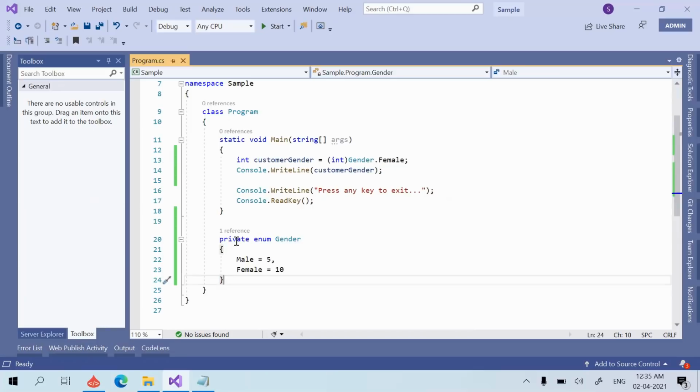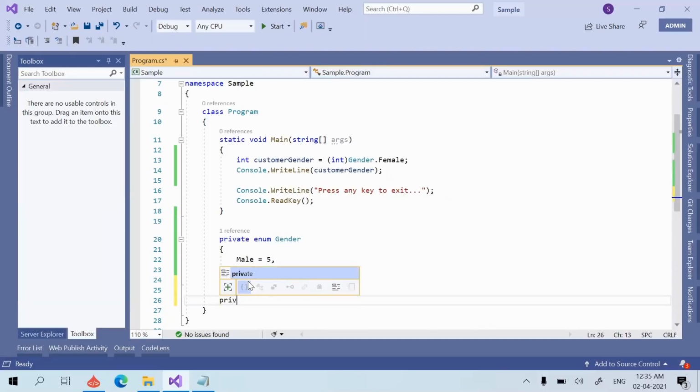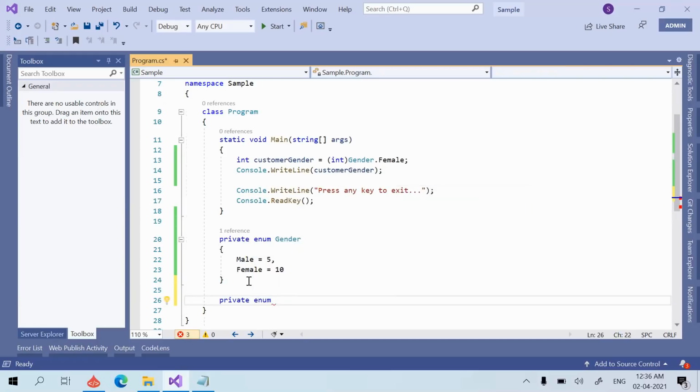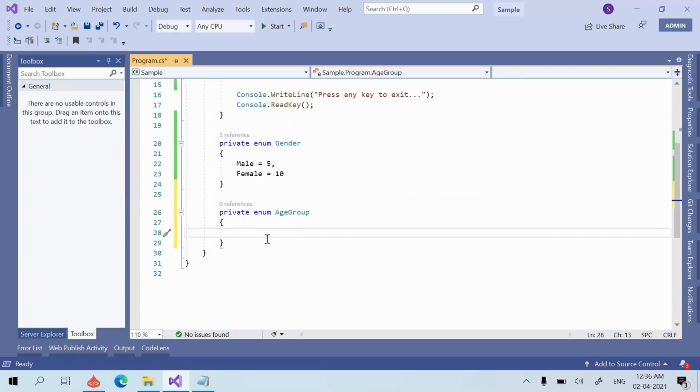Now let's say I'm creating one more enum to explain some more things about enum. So here, say for example, this is age group. So here the first age group is 18 to 25, then